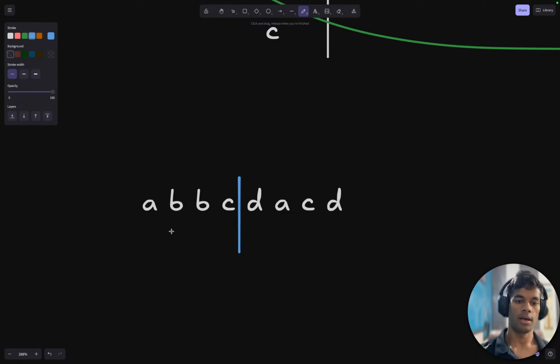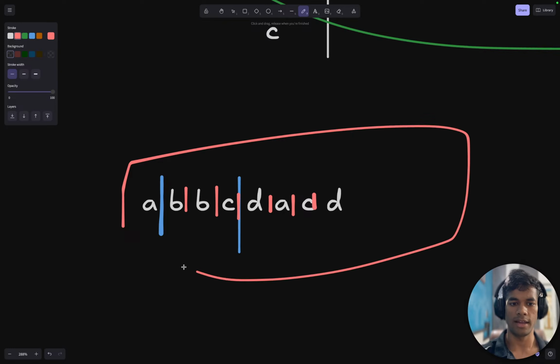Now, I can traverse. If I go here, yes. I think this will work. I can go from every point, right? I can go through every point and see at what point the number is maximum. Let's say I will have all the characters in the English alphabet, 26, and let's say